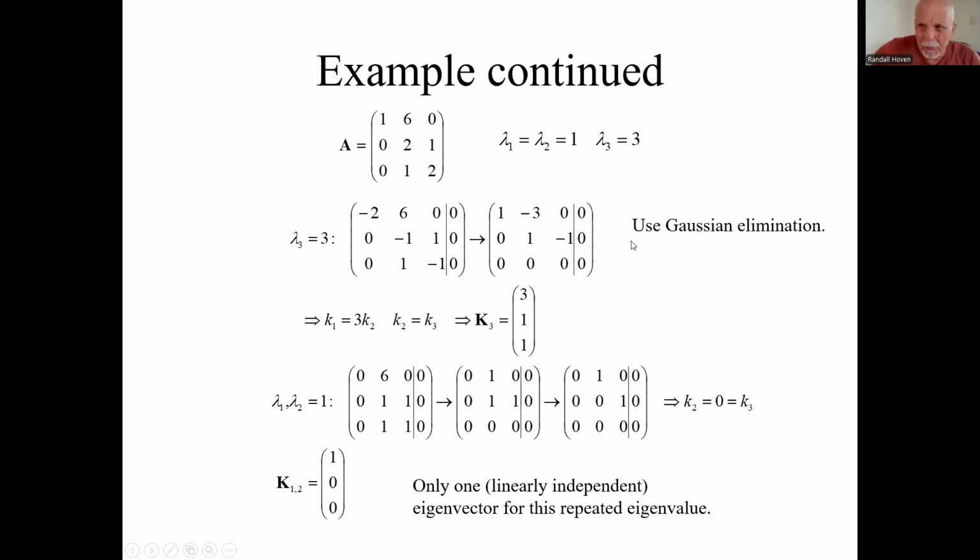We're doing repeated eigenvalues examples, and I want to clarify my language from before. This was a case of, here's a repeated eigenvalue. I said we only got one eigenvector out of it. We only got one linearly independent eigenvector out of it. Any scalar multiple of this eigenvector is also an eigenvector. So sometimes when I say you only got one, I mean only one linearly independent